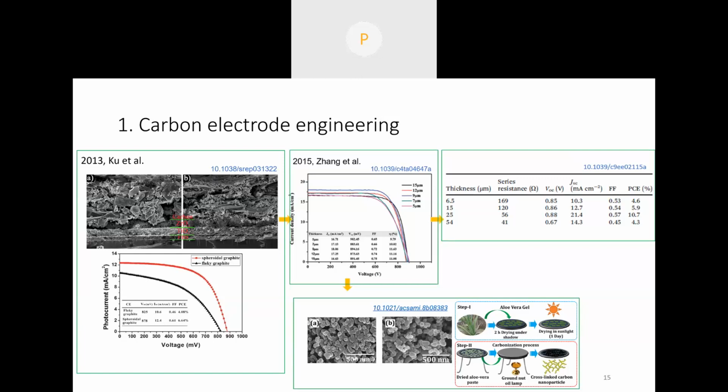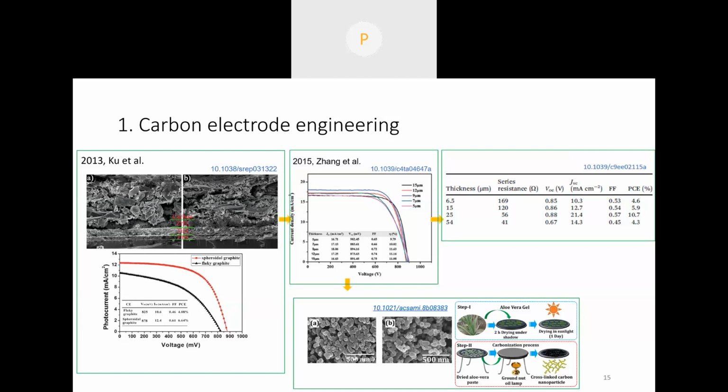cell we infiltrate from the top of the carbon layer after screen printing all the layers. So they checked how the morphology of your graphite is going to affect your carbon-based solar cell's properties. They found that if you are using spherical, then you have more surface area. So in that case, they found the spheroidal having the higher photoconversion efficiency as compared to